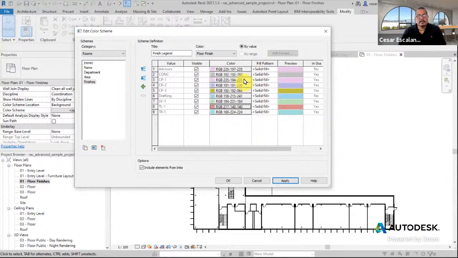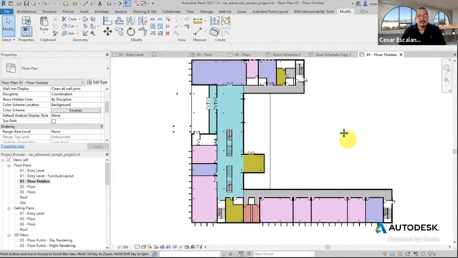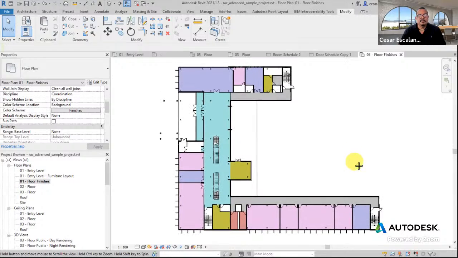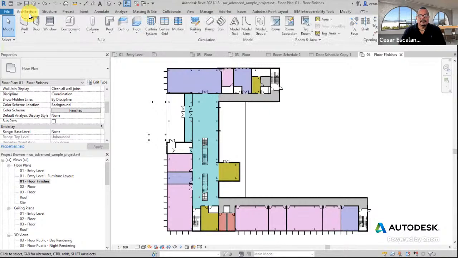And with this palette of colors, I just hit OK. And now I have all my finishes color coded in this plan. And I can also assign a color